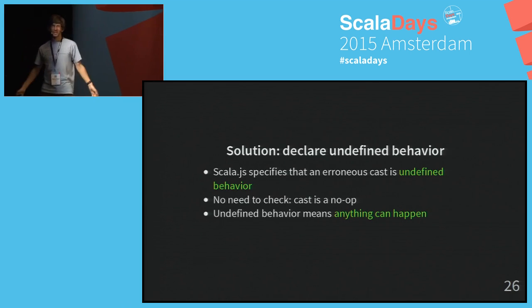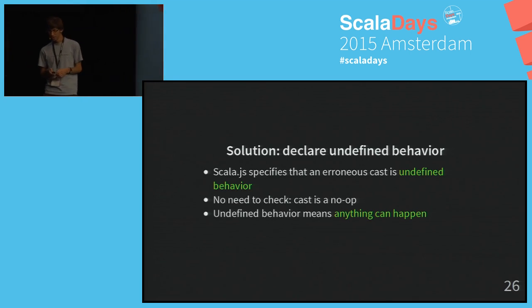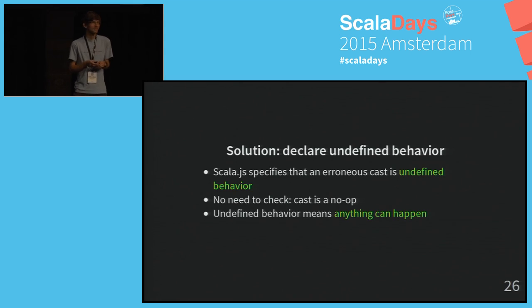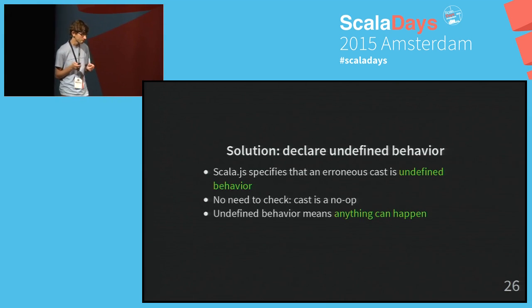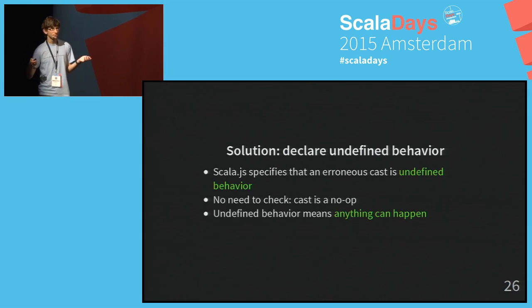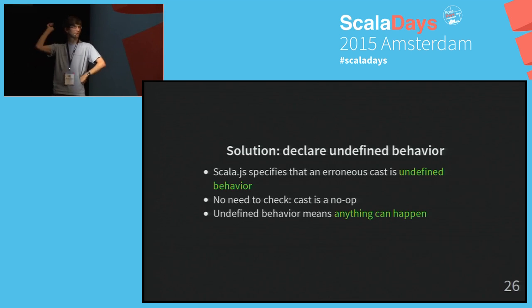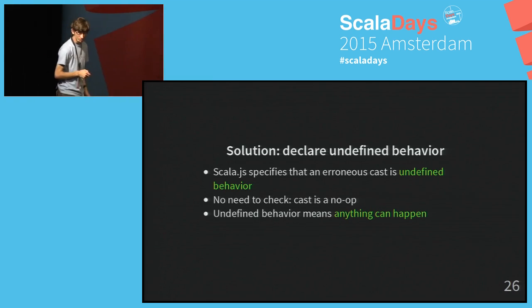So if you do an invalid cast, basically the implementation of the Scala.js language is allowed to say, bah, I don't care, you messed up, this is all your fault. I'm going to do arbitrary stuff. So it can really do arbitrary stuff. It will do arbitrary stuff. And that's even without the optimizer taking advantage of this to decide, oh, but that cannot happen over there, so let me optimize before, because it can backfeed itself some information.